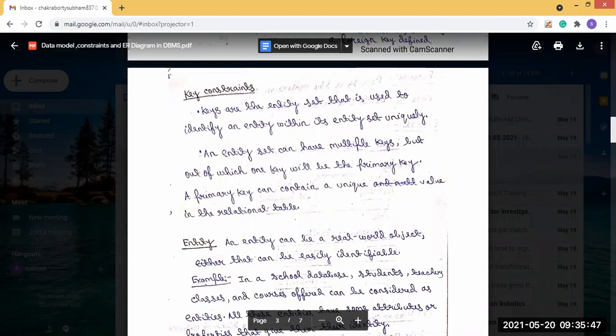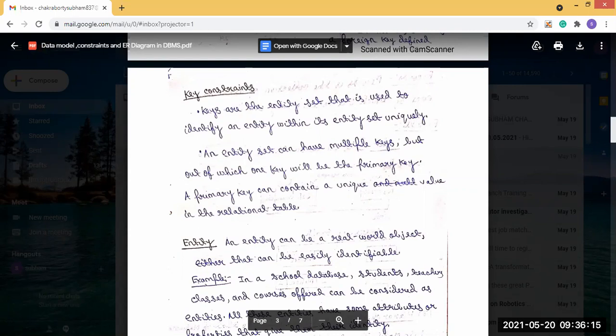A particular key that uniquely identifies all the tuples present in the relation should be chosen as the primary key, and the primary key contains a unique value in the relational table.